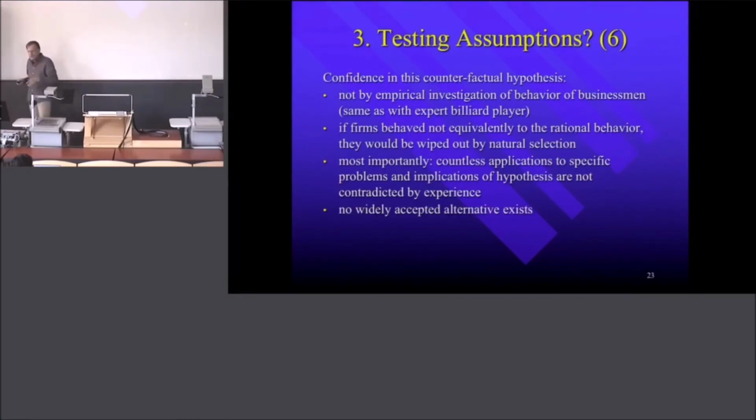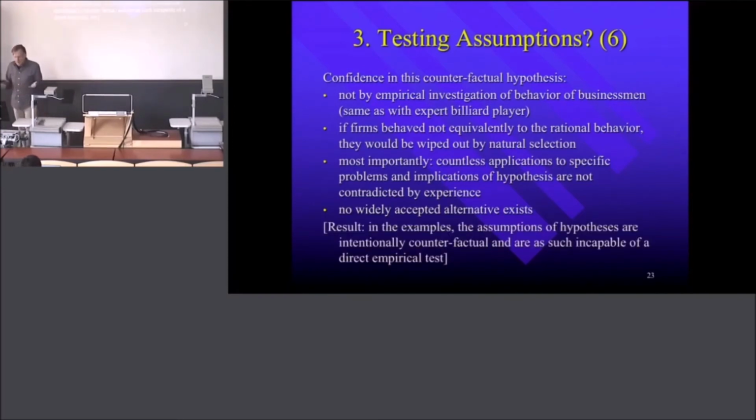And then, in addition, no widely accepted alternative exists. If you find, of course, a more realistic assumption that yields better predictions, then of course you'll take it. But if that doesn't exist, then you work with these more or less primitive, counterfactual, therefore deeply false assumptions. But if they give you the right results, then you are happy with them. Right? So the result is then in the examples, the assumptions of hypotheses